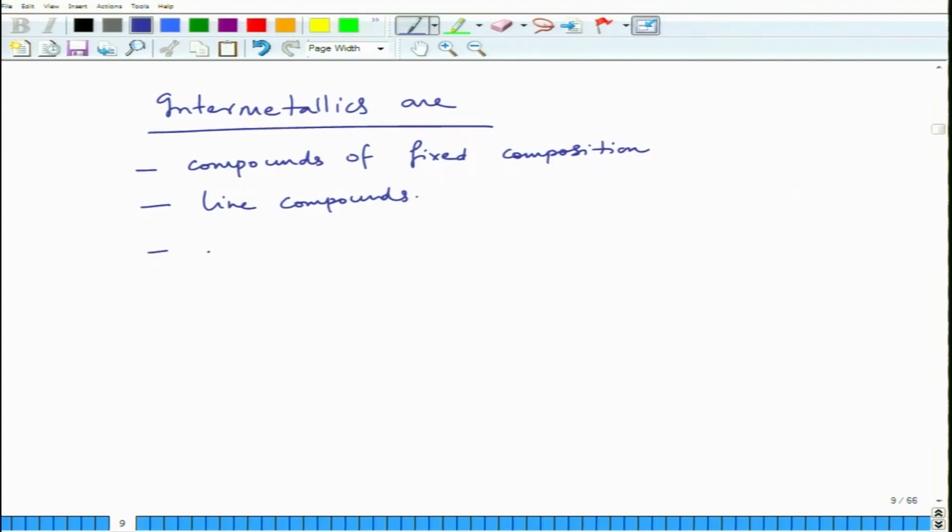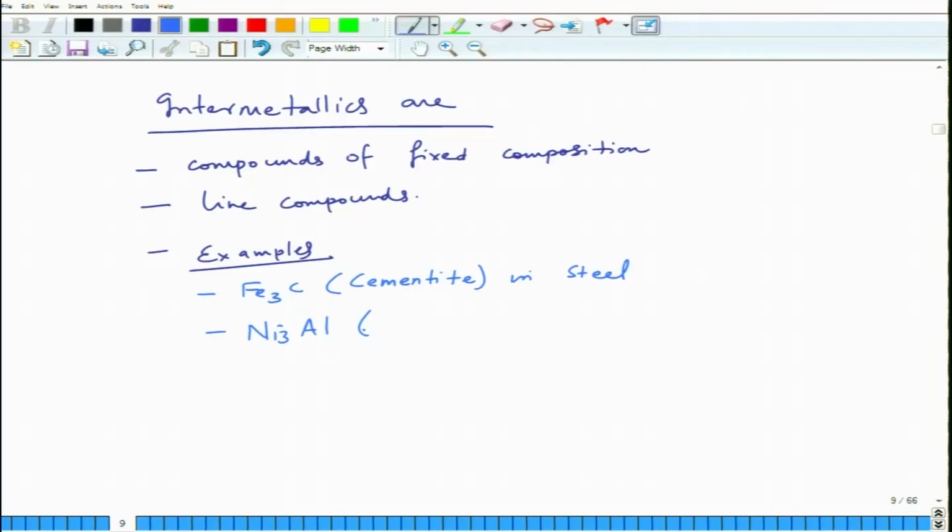The first example is Fe3C, or cementite, in steel. A lot of times you have the Ni3Al nickel aluminum system. Another thing is that these line compounds are very strong. They have much higher hardness and strength